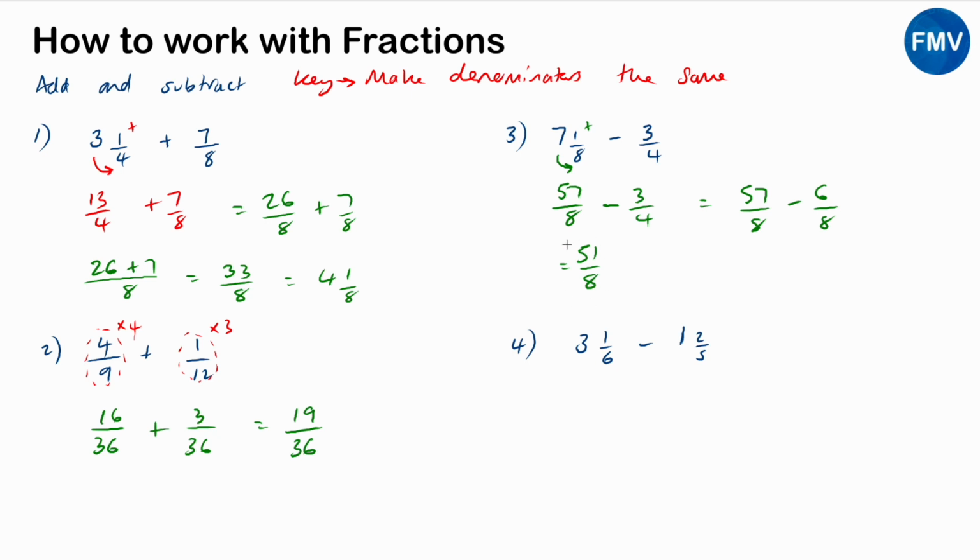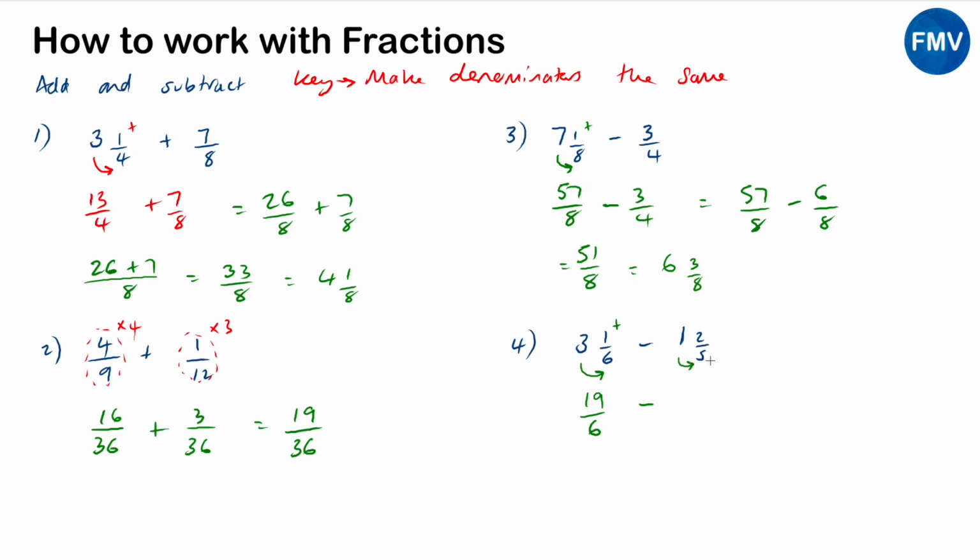And all we do now is we turn this into a mixed number. So 8 times 6 is 48. So we've got 6 8s in there. And the difference between 51 and 48 is 3, and that's 3/8. So we end up with 6 and 3/8. Last question. Same principle, 3 times 6 is 18, add the 1 is 19, so we have 19 over 6,